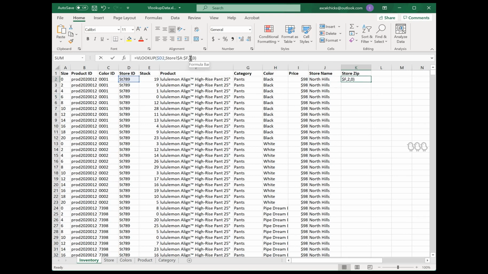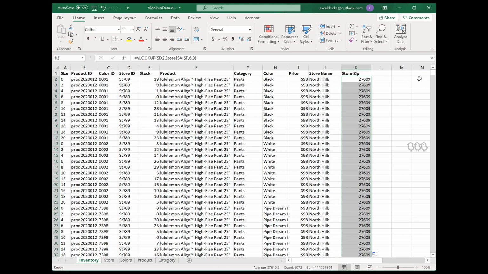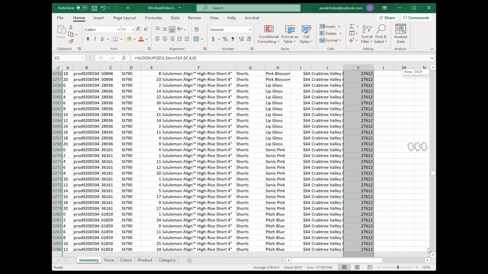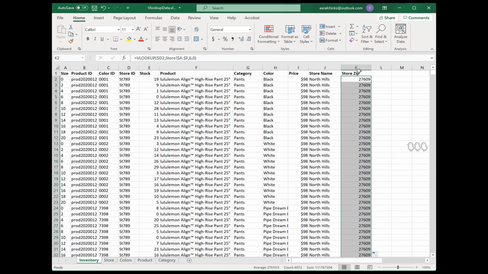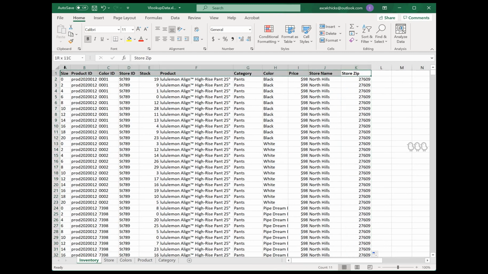And we're just going to change this to 3. You can see, oh, that's the address. Nope, 4. So I'm thinking 5 is going to be the city, and 6 is a zip code. So we'll double click and bring that all the way down, and we can just scroll through our data and see everything is filled out. And that is in a nutshell VLOOKUP.